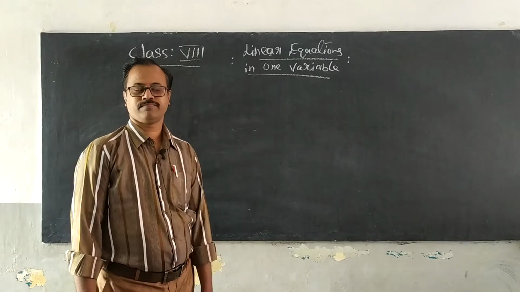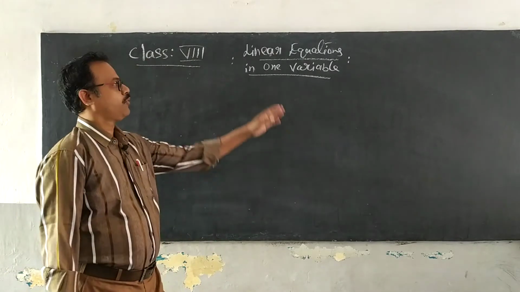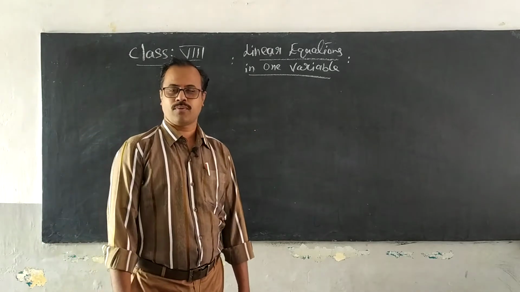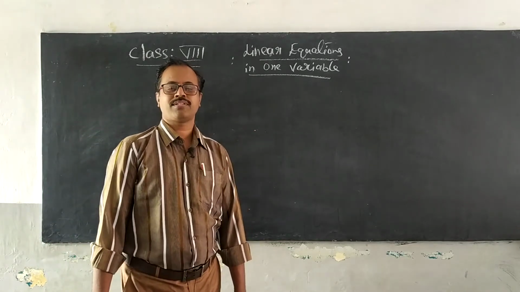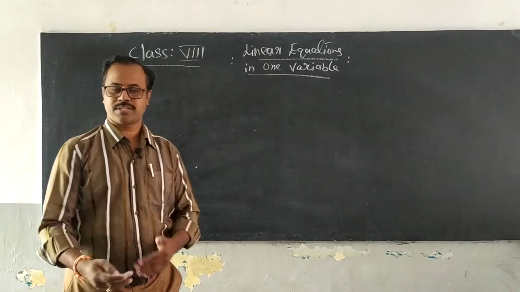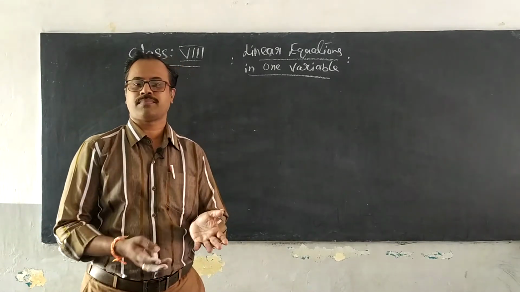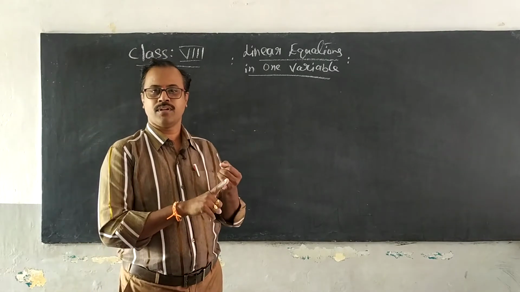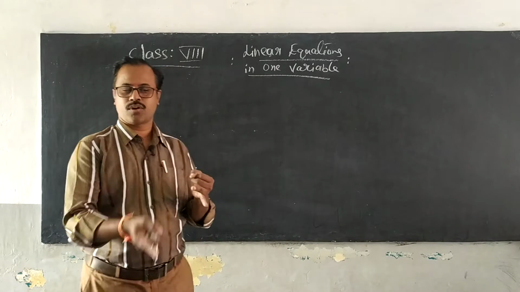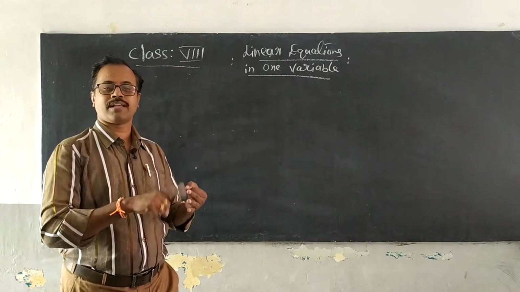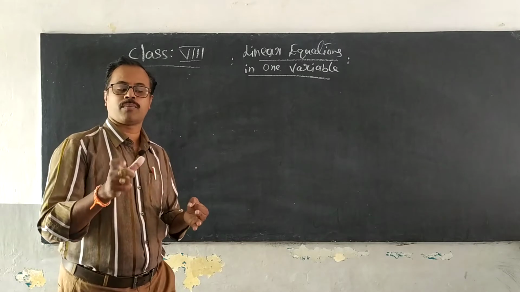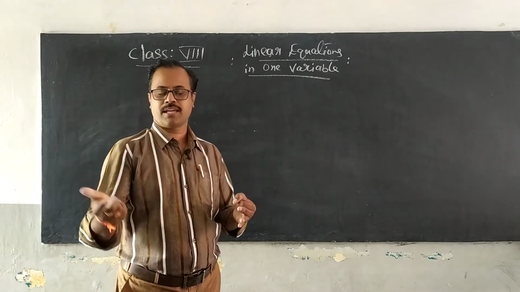Students, right? We were discussing the chapter linear equations in one variable. In the previous chapter I said, so what is the main concept, the main basis of this chapter? We discussed algebra. In that, knowns and unknowns are there. The knowns are called constants, unknowns are called variables. I said that variable is formed by the three words vary, is, able.